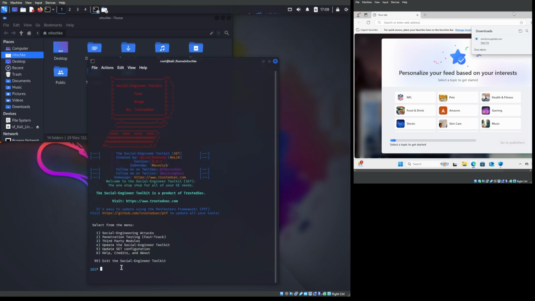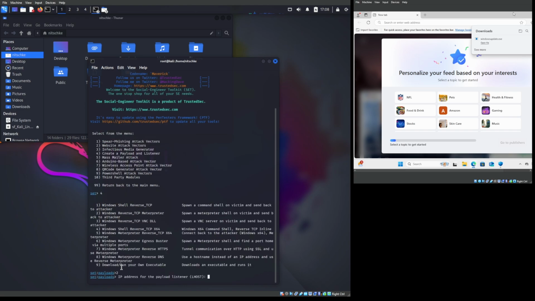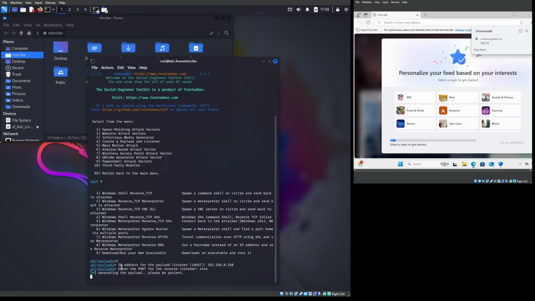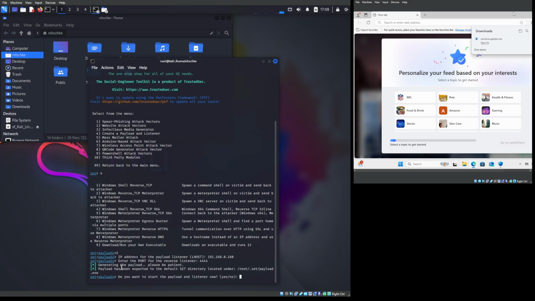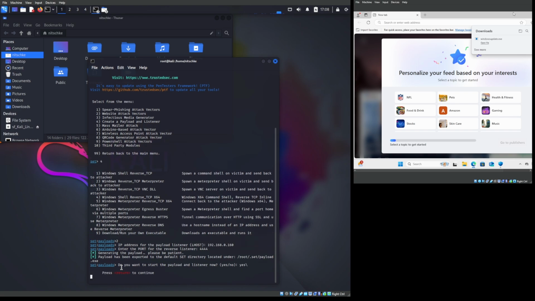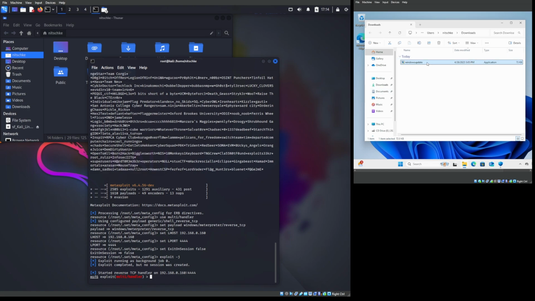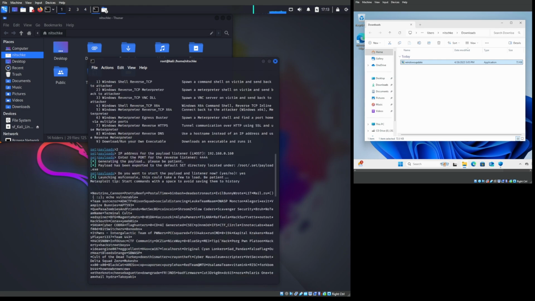So we're going to rerun the SE toolkit command. And as you know, it's 1, enter, 4, enter, 2. And now we're going to actually run the listener. So on our Windows computer, we're going to run that Windows Update file and start the listener. So we'll go back into our SE toolkit command box, and we're going to actually run the payload now,